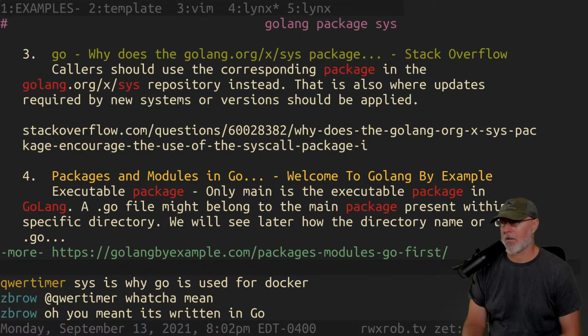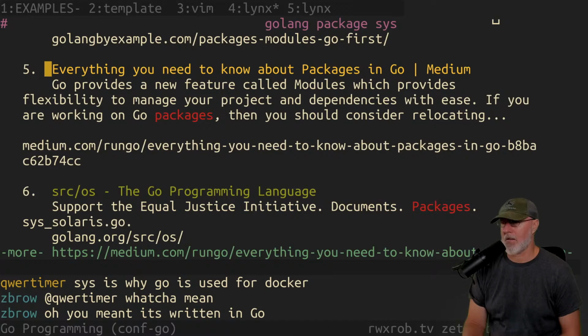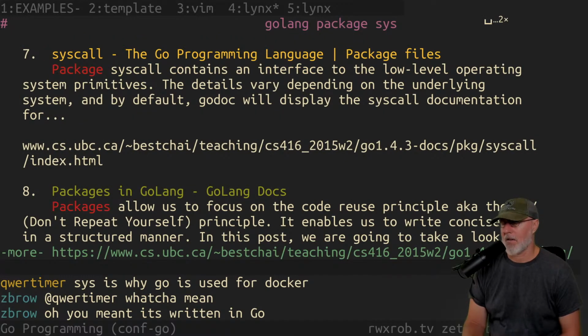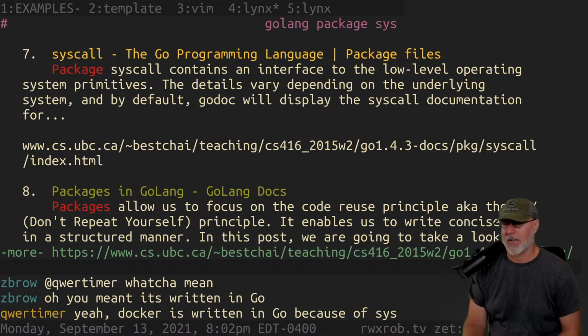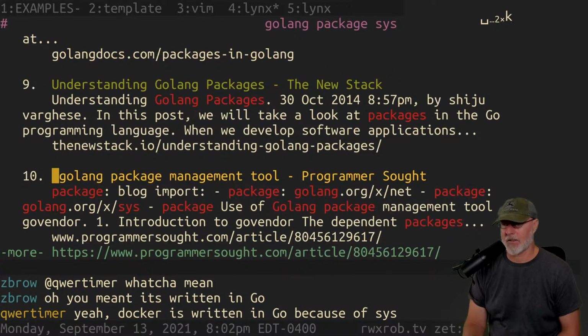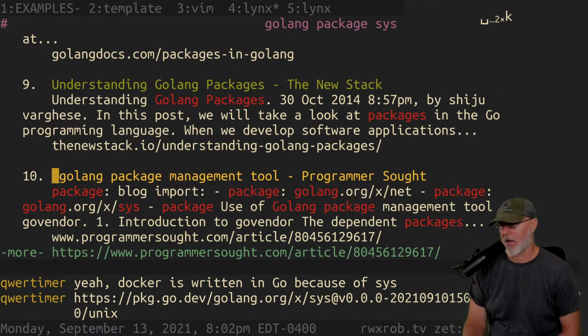There is a standard sys package. There's a sys exec, and that will do the exact syscall that you want. That's the same thing you do from the command line in Linux.